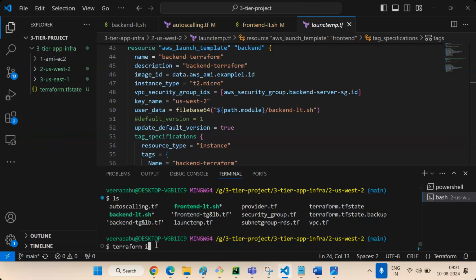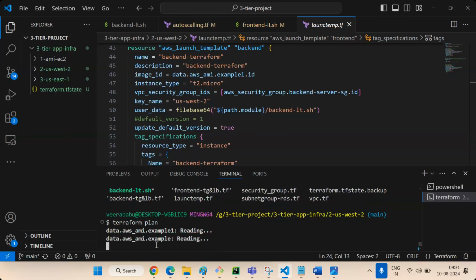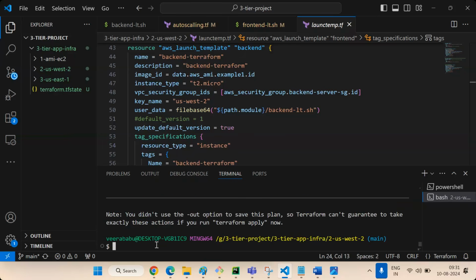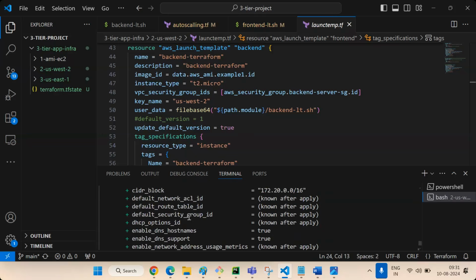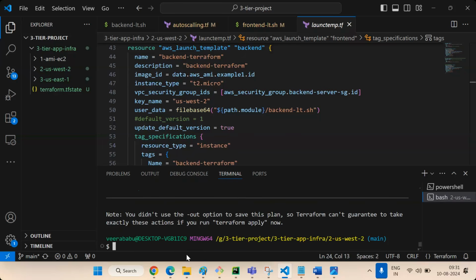First you need to run terraform init. My end it has already been done. So see guys, I'm going to run terraform plan to check. US West 2 is going to deploy everything now. So we can check terraform plan, what I'm going to create by using Terraform. So total 39 resources I'm going to create in this US West 2 region. Let me deploy all the things first, then we can explain one by one. Terraform apply,